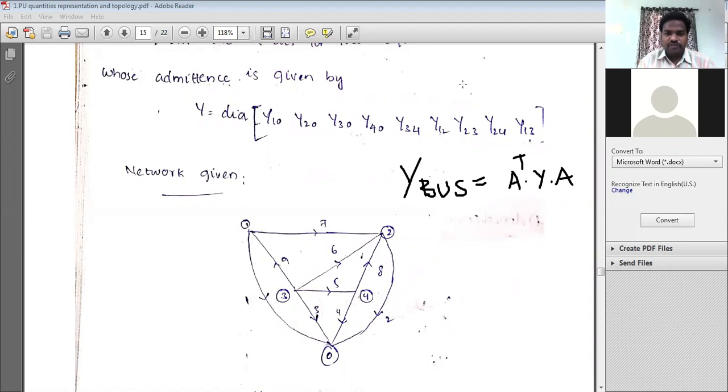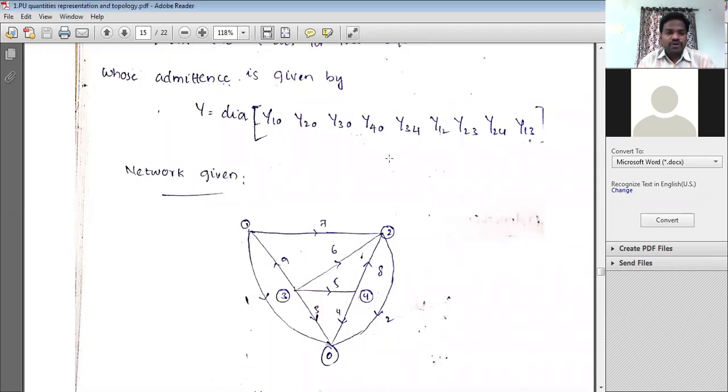So this is the given problem. Now we shall see the step by step process. This is the only problem that has been given in your university question paper so far. So definitely, if you get a problem from this topic, obviously you will get this one. Or sometimes maybe these diagonalized elements will be changed, or maybe the network is changed, but the process is completely the same as this one, right?